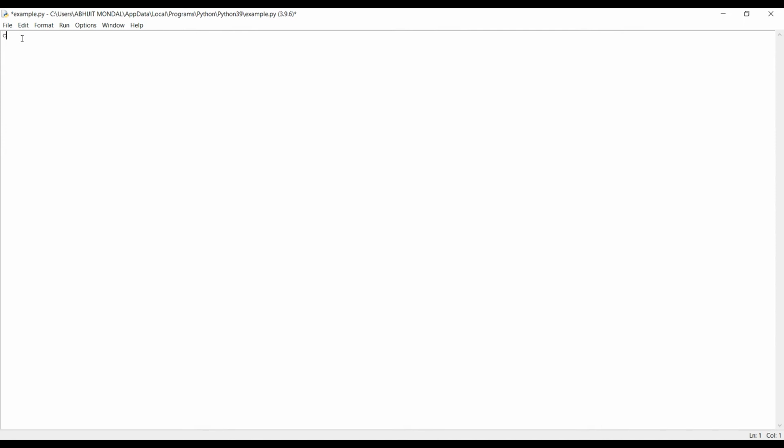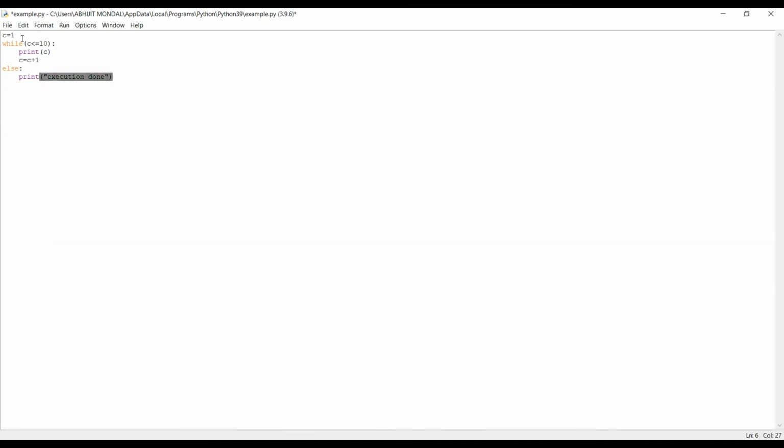So we'll take a variable c equal to 1, and in while condition our condition will be c less than or equal to 10, and then in the execution statement we'll simply print c and increment the value of c after this, okay, by 1. And once the execution of this while loop is finished, we'll simply use else statement, and in else statement we'll simply print execution done.